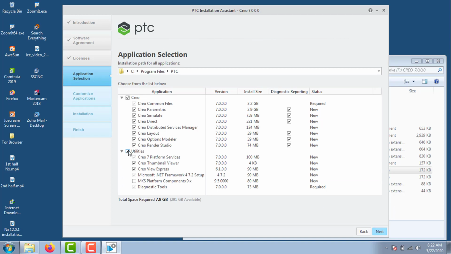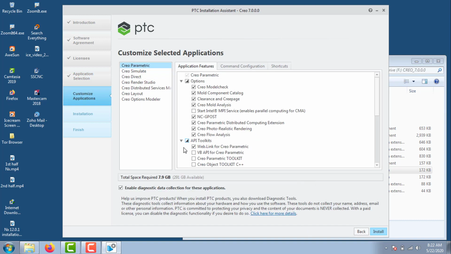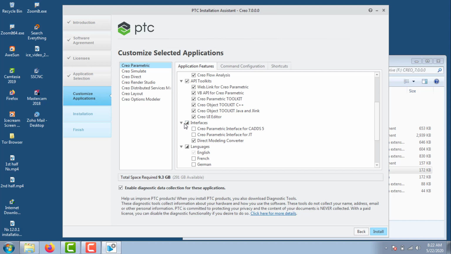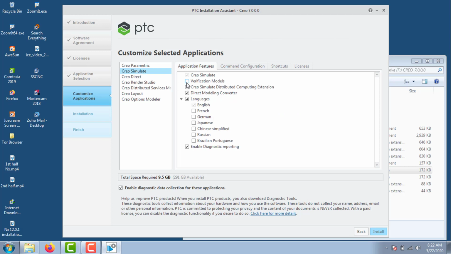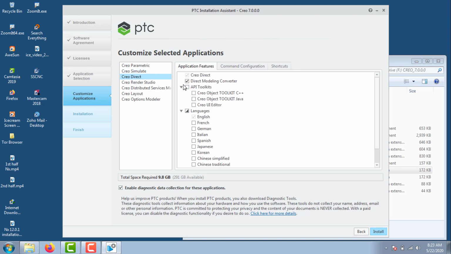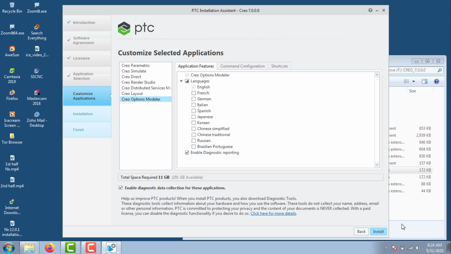I am enabling all the features. Okay, and next I am selecting all the features required for me except the language, because I need English alone. So I'm just going for all the parameters, Creo Parametric, and checking. Now I'm going to simulate and enabling Creo Simulate, which will be helpful for simulating your models. And in Direct also I'm selecting all the options, and in Creo Options Modeler also I'm just selecting it,